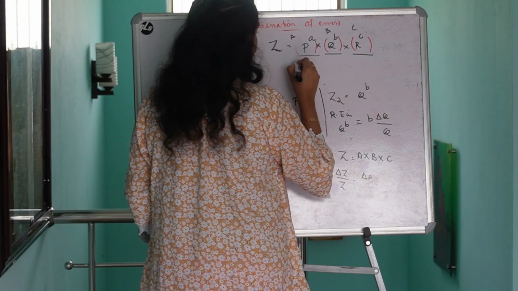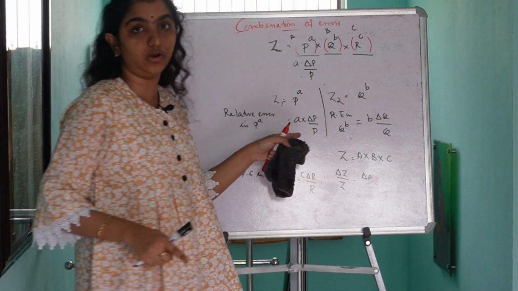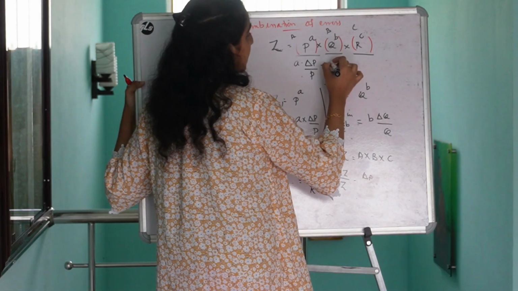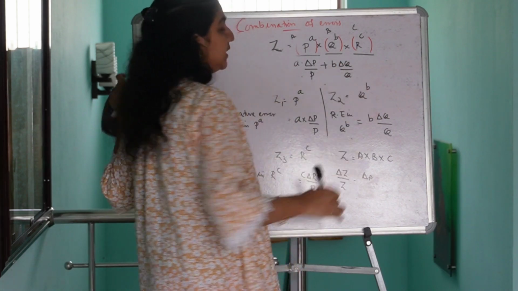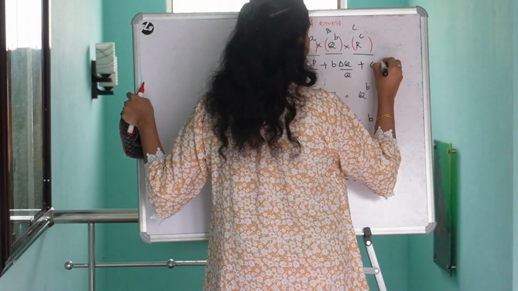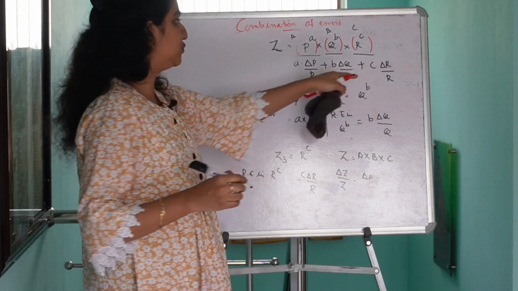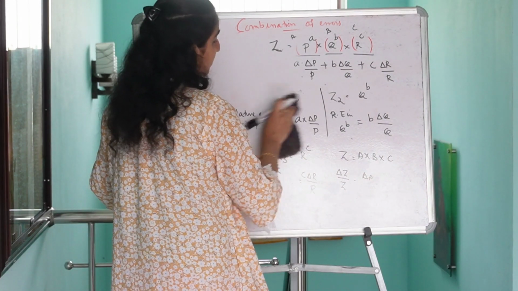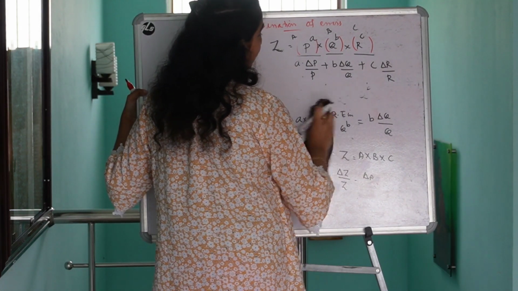It is nothing but a into del p by p, as we got it here, isn't it? Yes. Again, what is the relative error in the second term q power b? That is equal to b into del q by q. Is it clear? Again, what is the relative error in the third term r power c? That is equal to c into del r by r. Is it clear, guys? So if you are provided with an equation involving